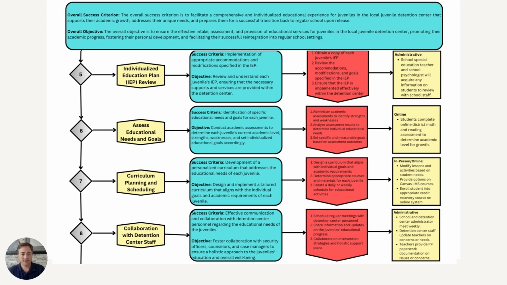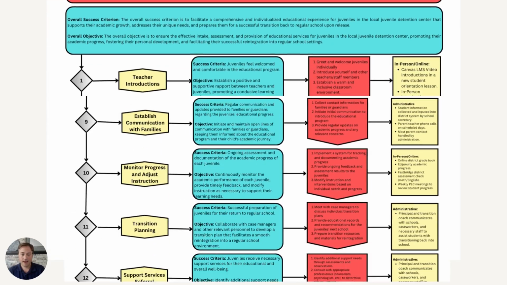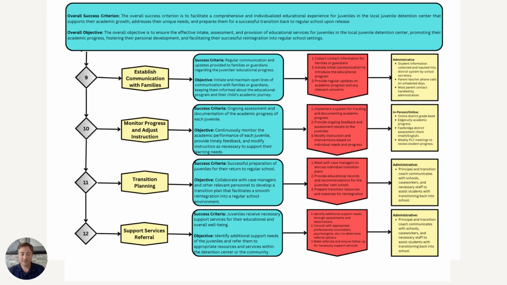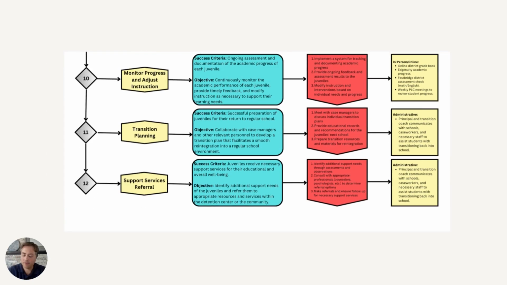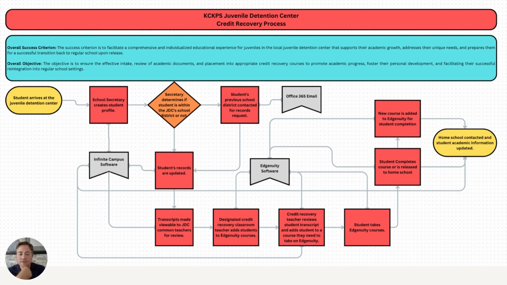You're welcome to pause and take a little closer look at steps 5 through 8. You'll see the same thing here. And then lastly, steps 9 through 12. When looked at this in a different way, it's a little more different. This is a different outlook. It's more for the credit recovery process, but within it are the 12 steps. You'll see